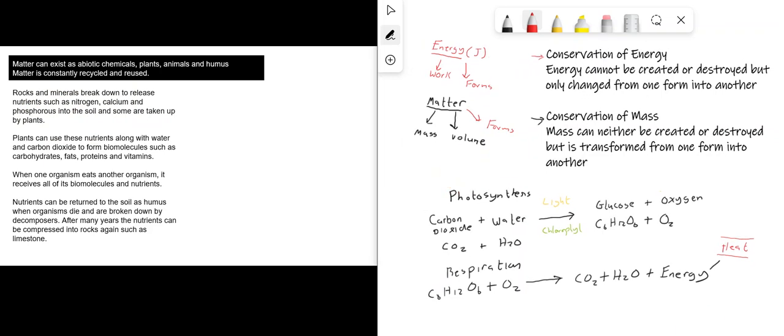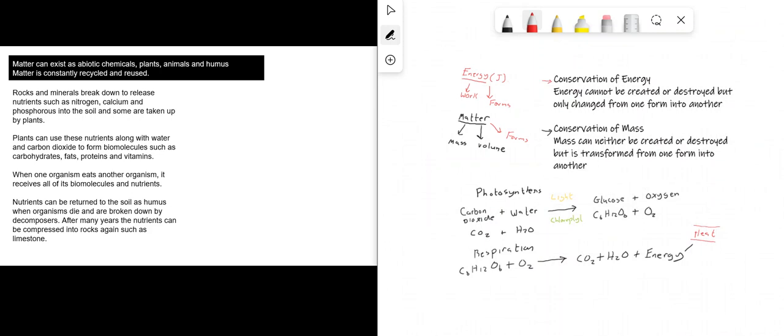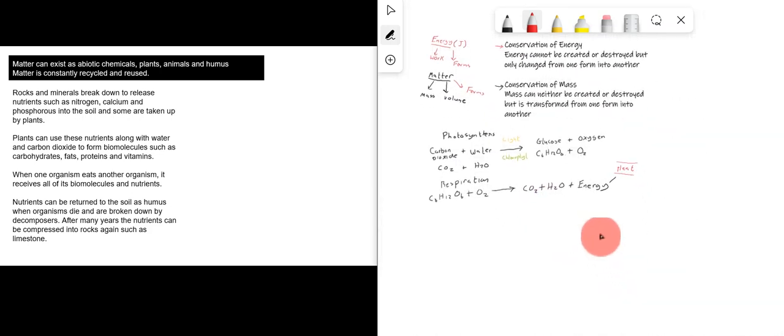So what can happen? Let me just zoom out a little bit here because I want to keep these in your mind as we're going through this. Imagine this is the ground, and you can have, let's say, rocks. These rocks can break down into the ground, and they release things like phosphorus, nitrogen, and calcium into the ground.